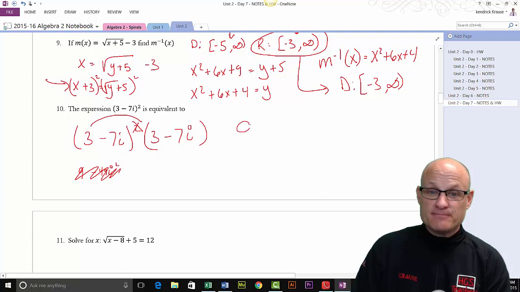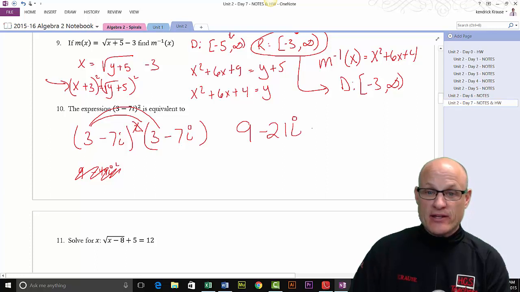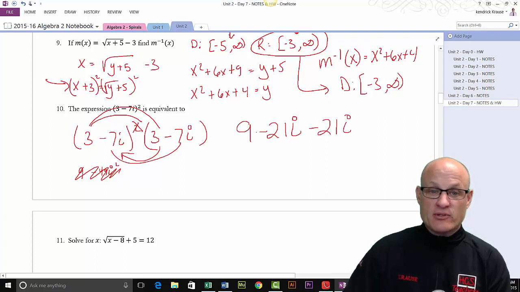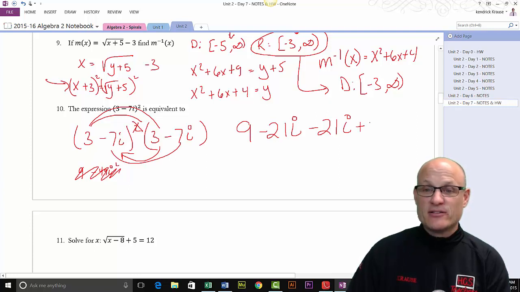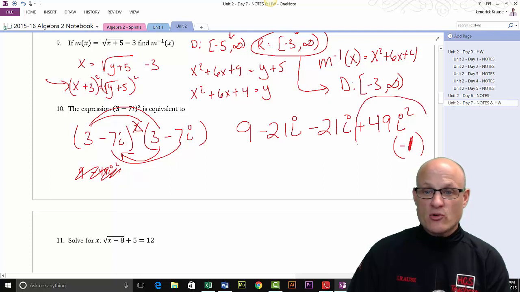3 times 3 is 9. 3 times negative 7i is negative 21i. And the other one, now we're going to distribute this way. Negative 21i. And then negative 7i times negative 7i is positive 49i squared because it's negative times negative. Now, you have to remember, oh yeah, Mr. Krause, i squared is really negative 1. So this whole thing here is really just a negative 49. Well, negative 49 and positive 9 make negative 40